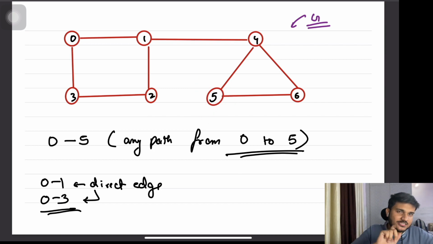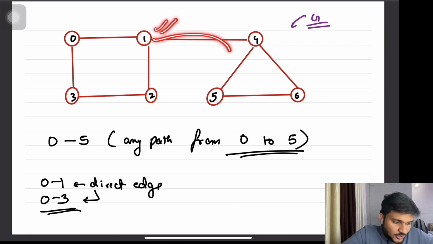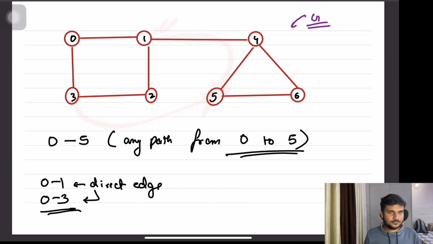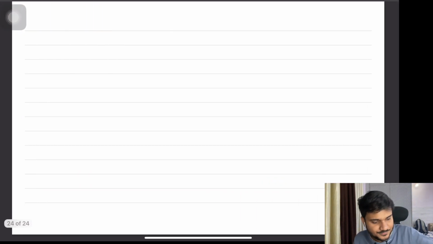And we know a very small observation that there is a path from 0 to 1 and 0 to 3. How about if, anyhow, someone told you to check whether there was any path from 1 to 5, or any path from 3 to 5 or not? So let's say I'll write a function f of u comma v.